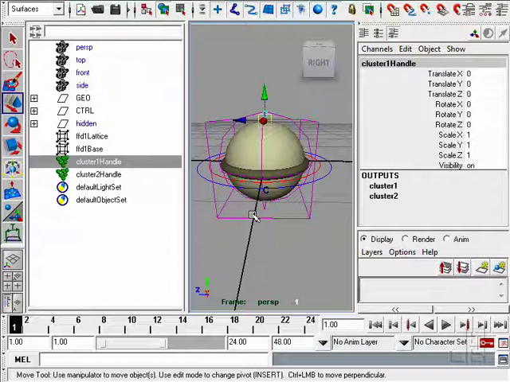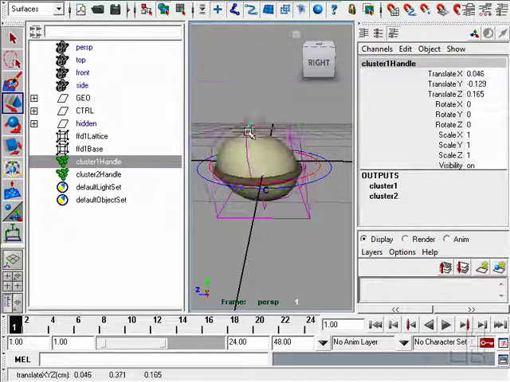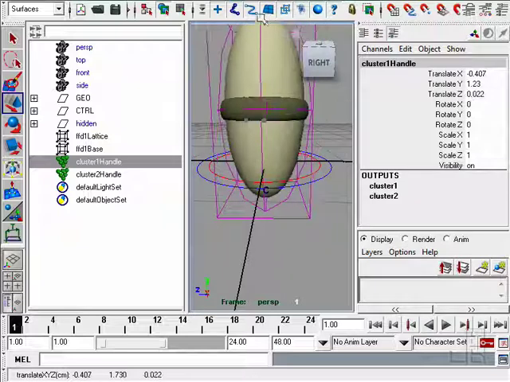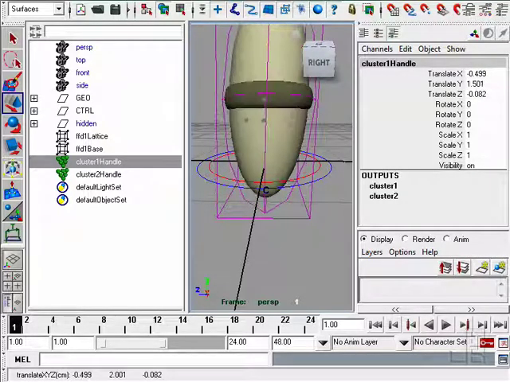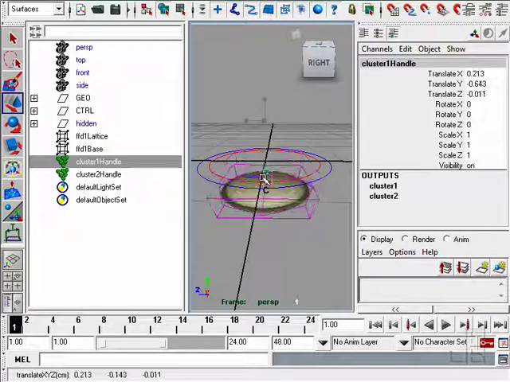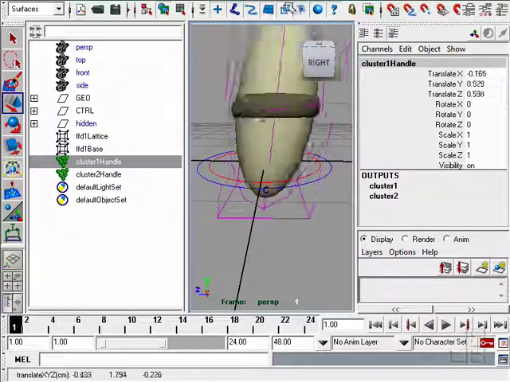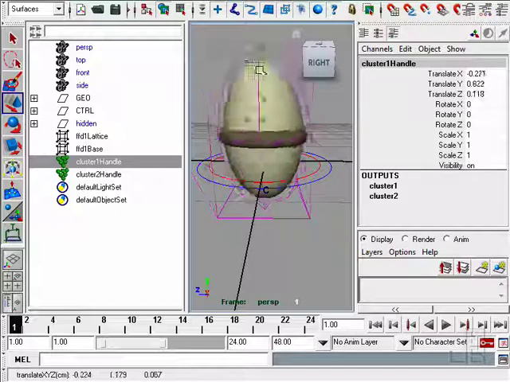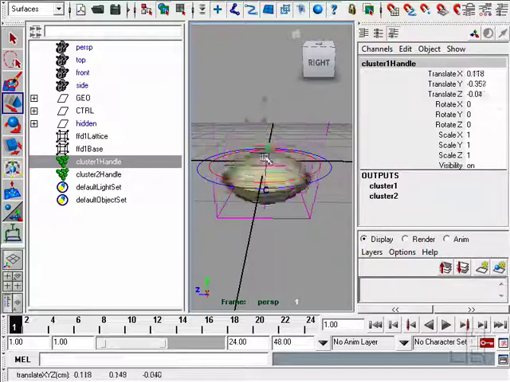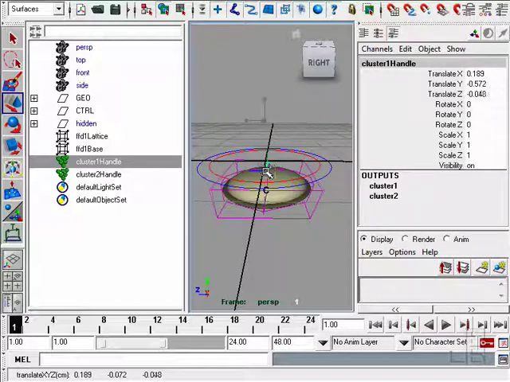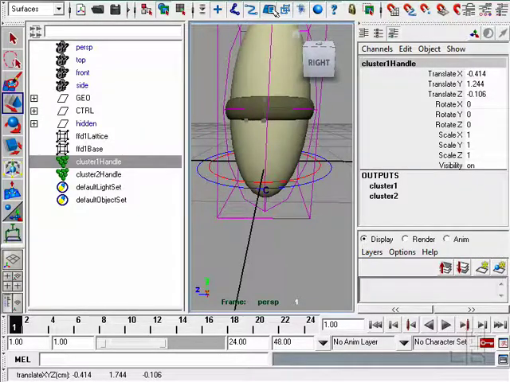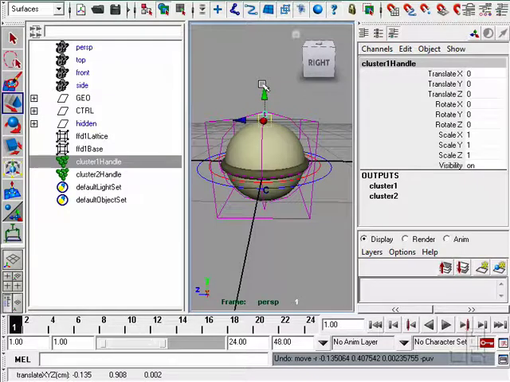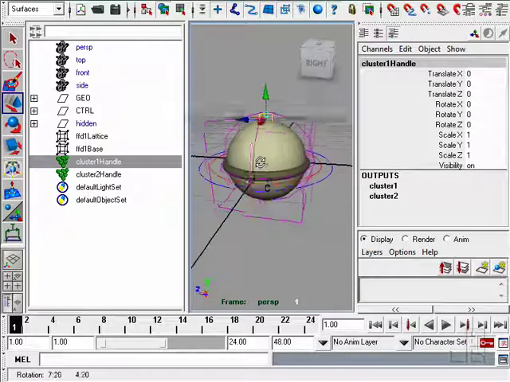Now, the problem with this is that although we're stretching the ball now, we're losing volume, or we're gaining volume. Actually, if we squash it down now, we're losing volume. The goal is to preserve volume. So what we'd like to do is that when we squash it down, we'd want the width to spread out, and when we stretch it out, we'd want the width to compress inwards. So to do that,